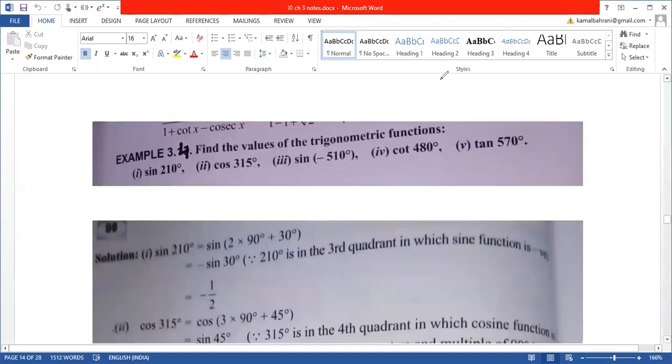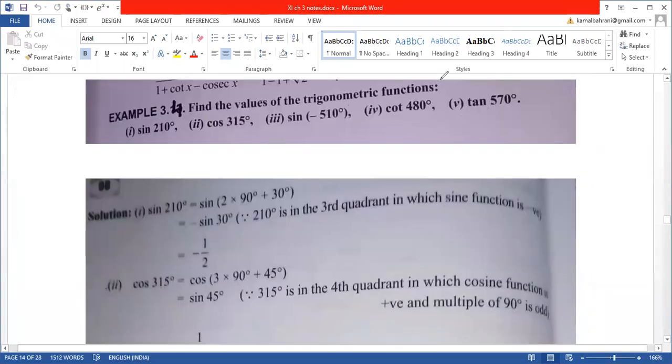Now if the question is in degrees, till now what we were doing, the value of cos x was given and then you have to find the values of other trigonometric ratios. Now here they are giving you the value like sin of 210 degree, or sin of any value in radian or degree, and you have to calculate that value. Earlier they were giving you one trigonometric ratio. They are not giving you any trigonometric ratio now. They are just directly asking you the value of sin of 210 degree.